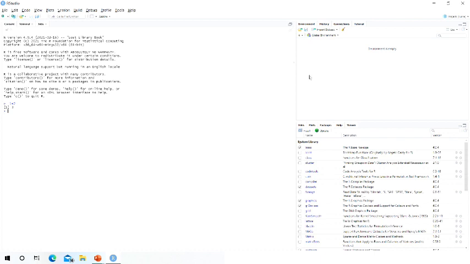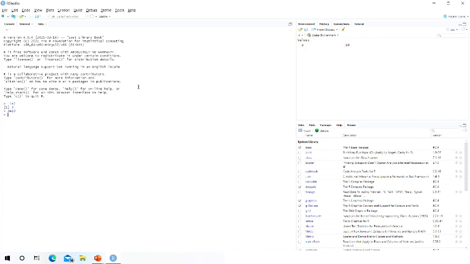Are you able to see anything in the environment tab? No. What I said there is that we are able to see only variables. For 1 plus 2, no variable is involved. Now I will give a equal to 10 and press enter. What's going to happen? Just guess. Here you are able to see a 10, because a is a variable. As I said, in the environment tab we see the variables when we are working with that particular command or program.